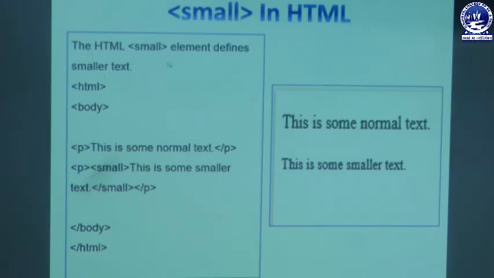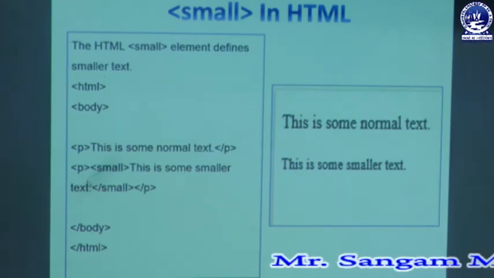So the HTML small element defines the smaller text. That means the small tag is actually used to define the smaller text within the group of text, or whenever we want to print the text in very small letters, we can use the small tag. So the HTML small element defines all the text in smaller format. You can see the source code is written over here. The program starts with HTML, then comes the body section, because we have to specify the text in the body page. That means the body of the web page must show the reflection or the answer.